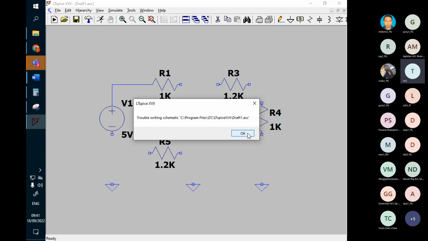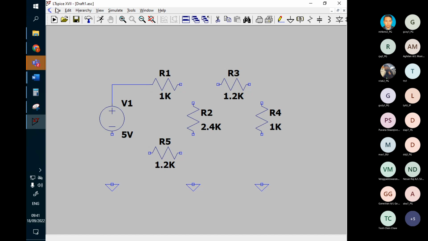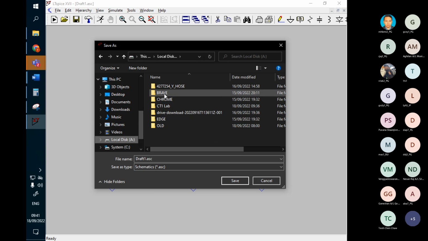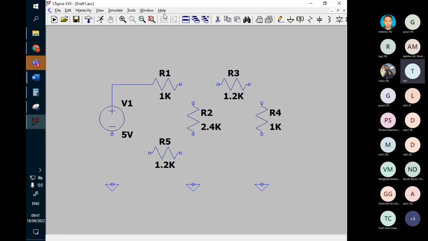What is this? Wait a minute. You say I cannot save my file. Let me save again into this CT Lab1. Yeah, now I can. Right now, let's join all the rest of the wire. Here and here. I think something still looks a bit